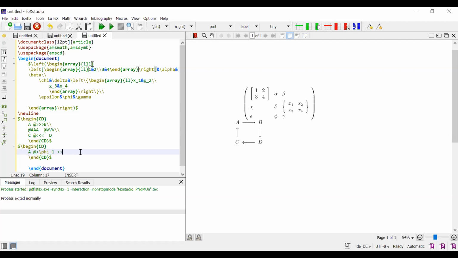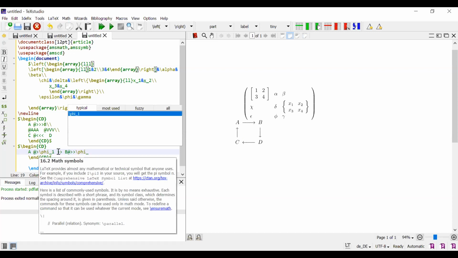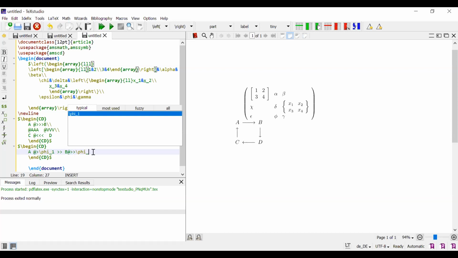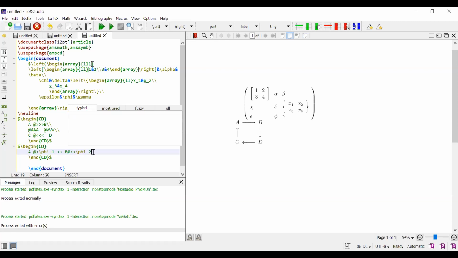Next, we have B. B at, we write the insertion operator, that is greater than phi. Just note that if you want to get your phi 1 above the arrow mark, we leave only one arrow mark, and then we get the insertion operator. Suppose you want to get your value under the arrow mark, we first write double greater than and then phi 2. Again we get only single.